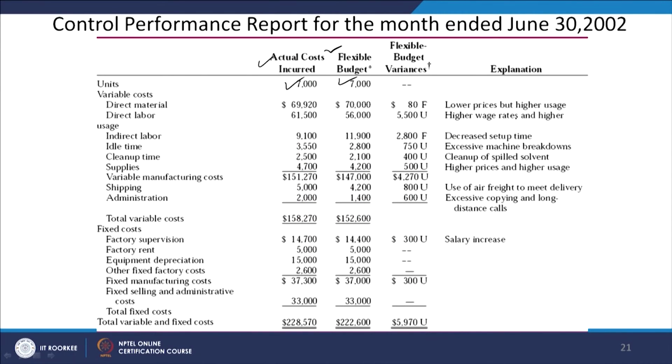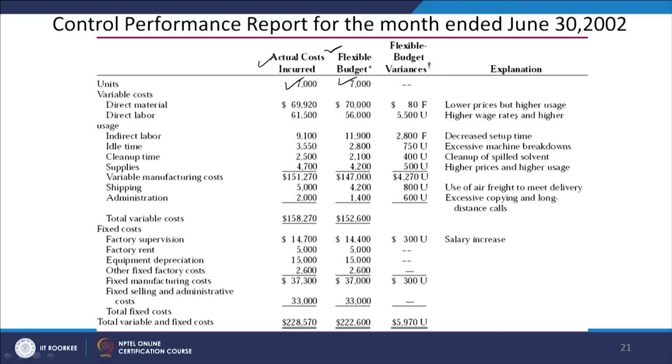Similarly, now we are comparing the labor. Budgeted labor cost was $56,000, actual labor cost is $61,500. So it means there is a negative variance of 5,500, and the reason given here is higher wage rates